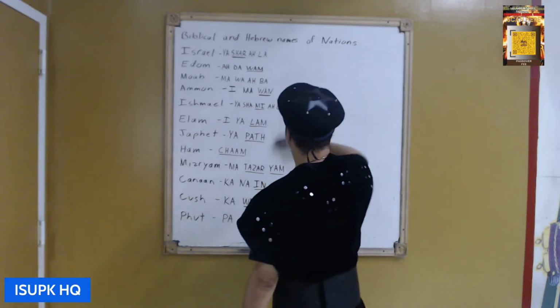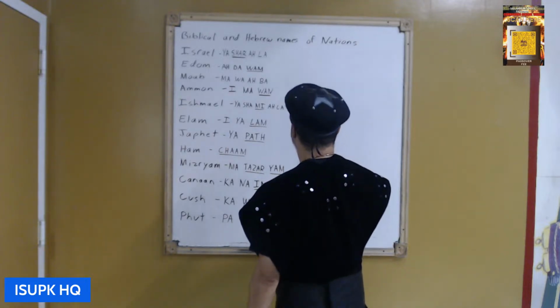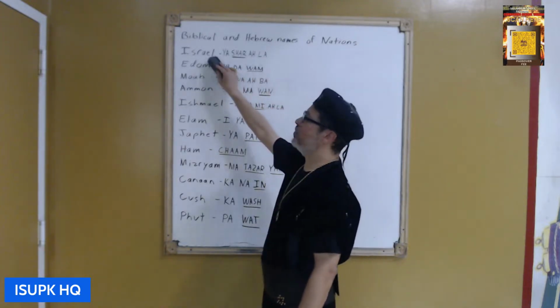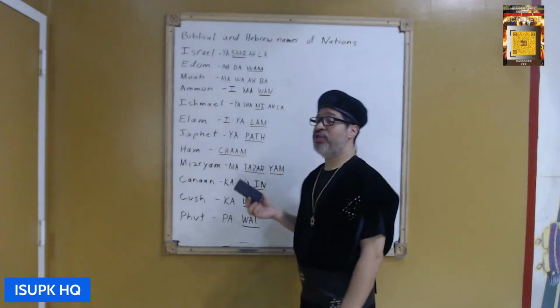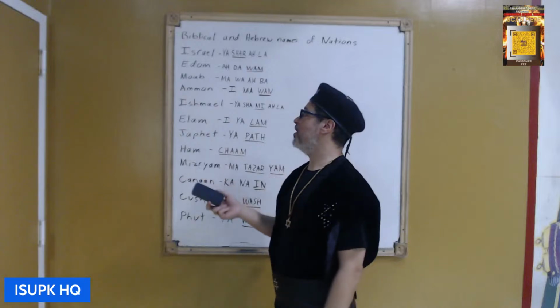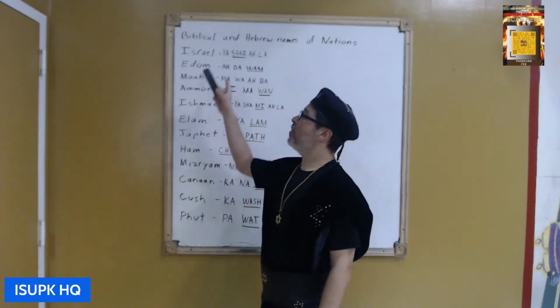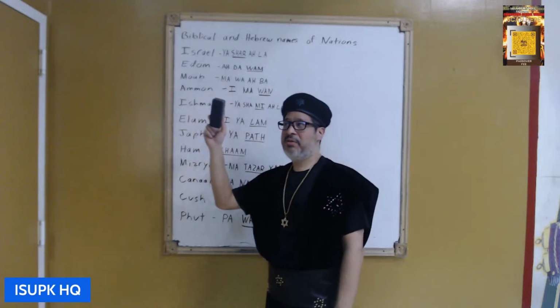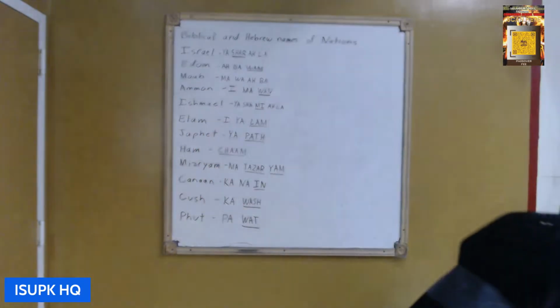Now, in the Bible, names change. For example, Israel wasn't originally called Israel. His name was Jacob. Abraham, Isaac, and Jacob. Jacob was renamed to Israel. So I'll first show you where Jacob first appears, and that will be in